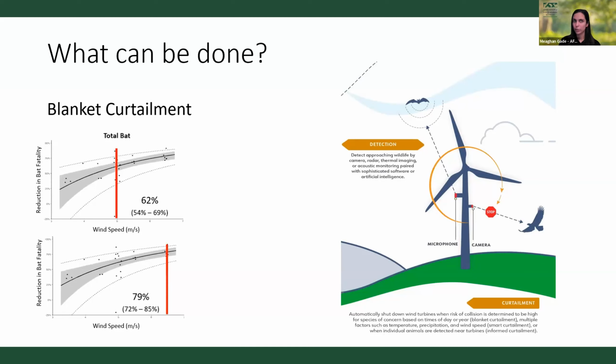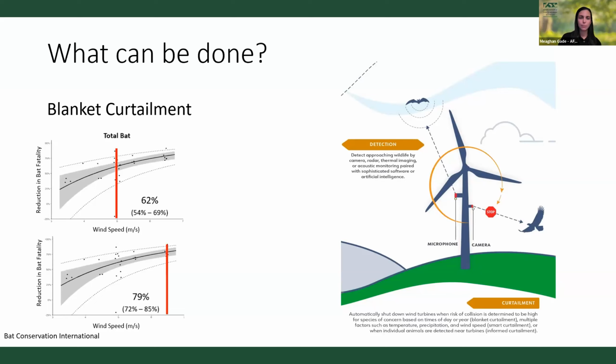All right, so why don't we just do that? Just turn it all off. Well, to be fair, if the wind turbine's not turning, it's not generating energy and it's not generating income. So operators are not very willing to turn off at a lower wind speed and risk losing a lot of money. The other downside is that blanket curtailment means you turn it off regardless of whether the species is present. So turn it off if the wind speed is below 6.5 meters per second, but there might not even be a bat in the area. That also seems like a wasted effort and a potential loss of a lot of income.